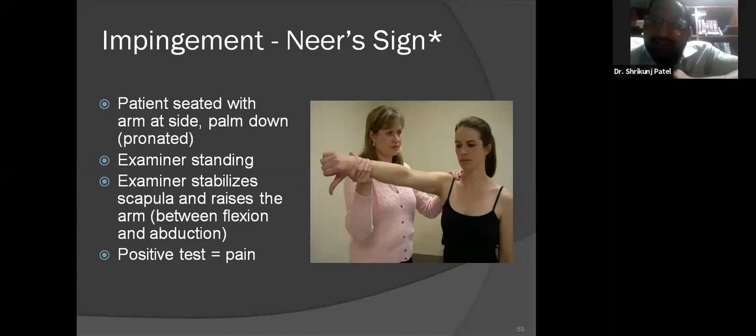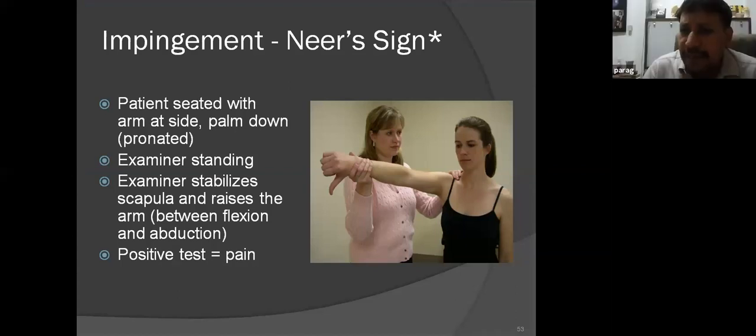Yes, sir. Okay, so first of all, you ask the patient to elevate the arm to about 90 degrees with the thumb pointing up, which is called a full can, and then you ask them to turn the thumb around to the floor. This is called the empty can. Now, what in essence this is doing is it is internally rotating the shoulder, and if they have a subacromial pathology, could be subacromial bursa, could be a spur, then people can have pain here, and therefore this is called a positive impingement test.